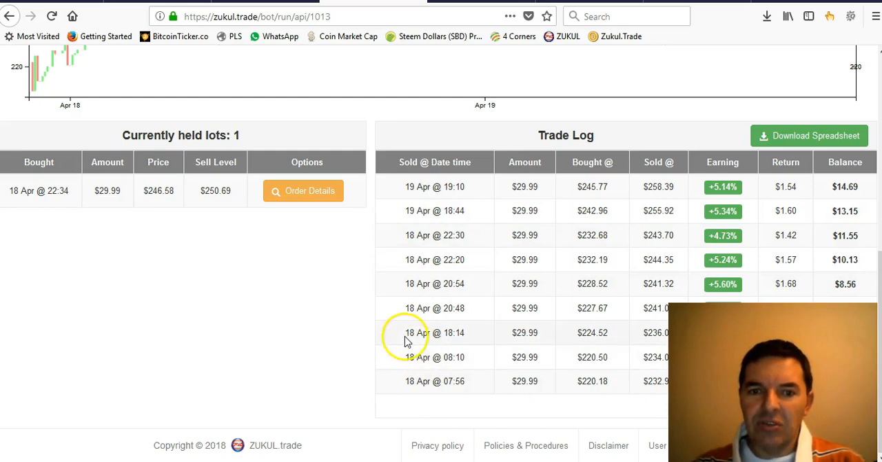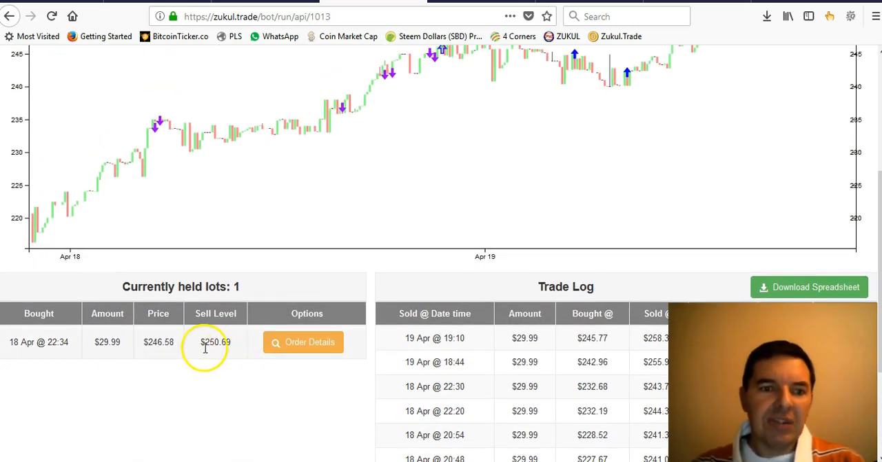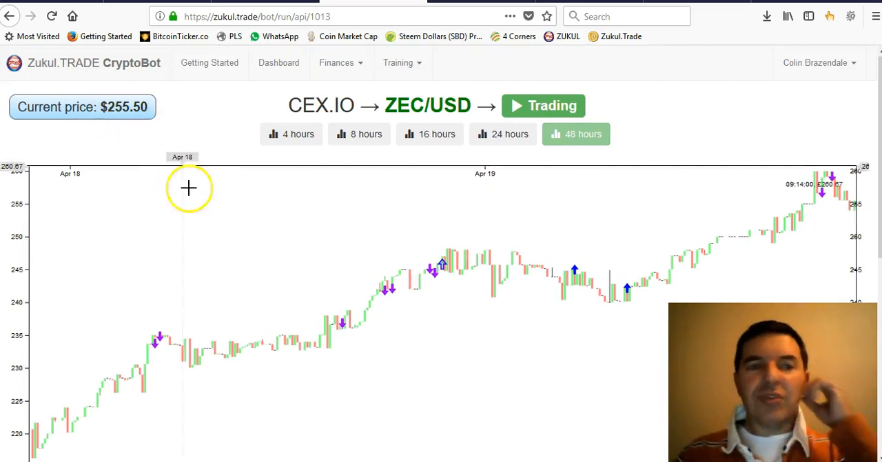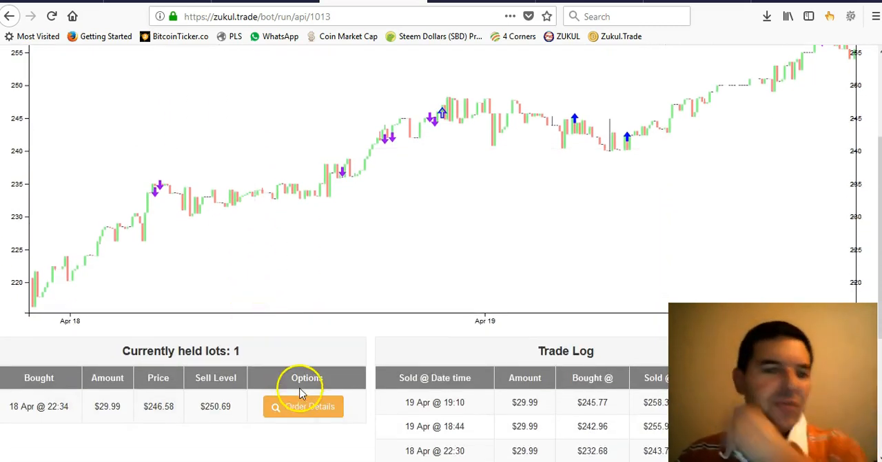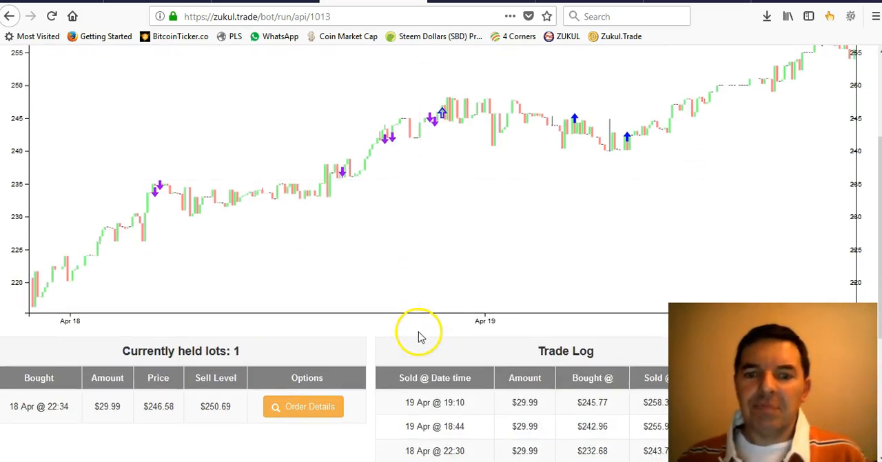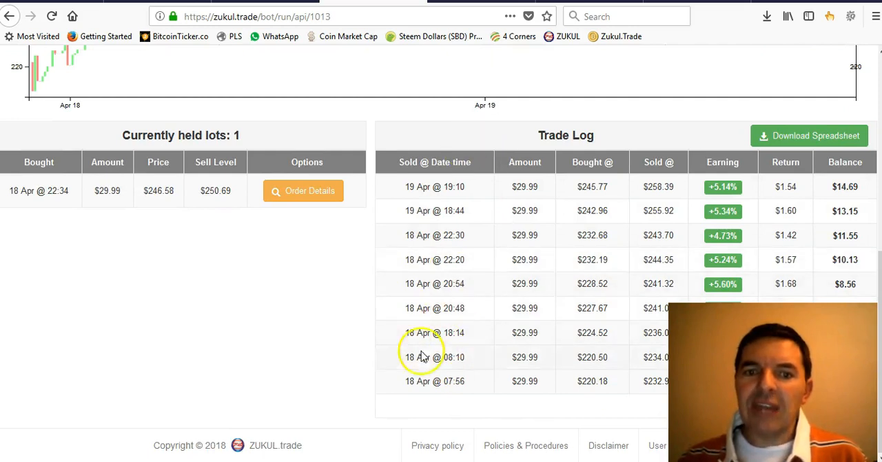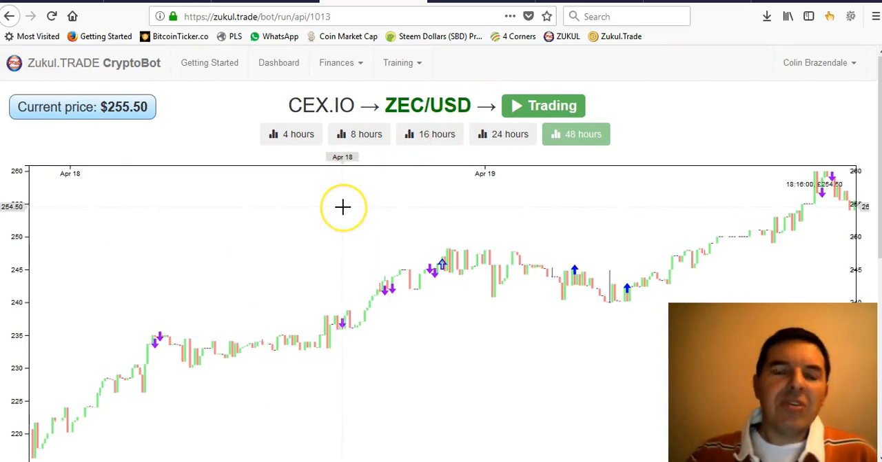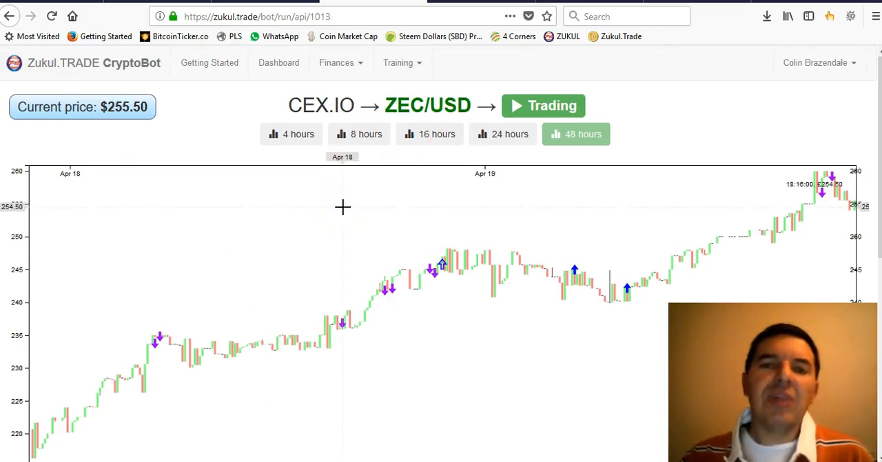There was 1, 2, 3, 4, 5, 6, 7 trades. Today there was 2 trades. I've got 1 trade open from yesterday. I had the bot buy at less than 250, but it's already 255. So strictly speaking, I'm in profit already, but I think the bot is waiting for a better trade. But you can see it's much more active, the Zcash. So my next bot, I'll probably make also an altcoin bot, but that I'll show you